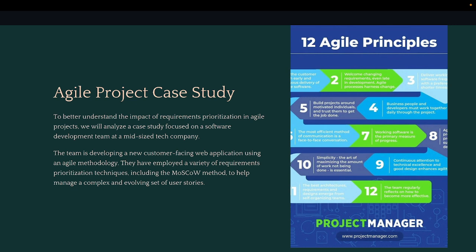Before the project, every agile project has a team. The team usually consists of a product owner, scrum master, and development team. The product owner is responsible for defining and prioritizing the product backlog, ensuring alignment with stakeholders, and maximizing the value delivered by the product. And the scrum master facilitates agile ceremonies,